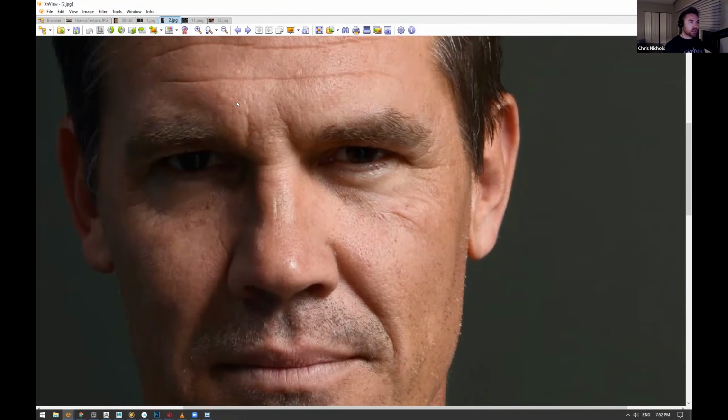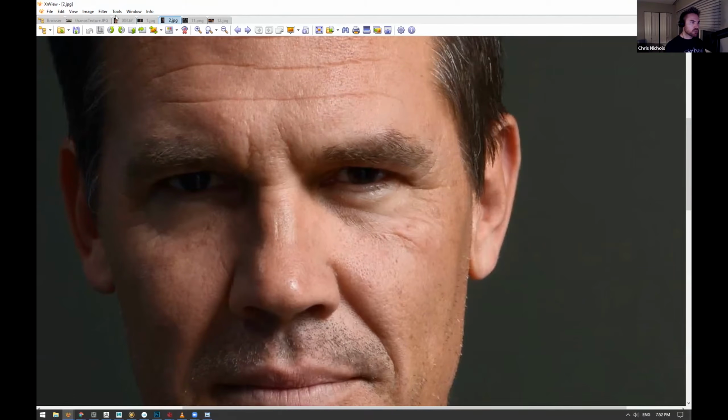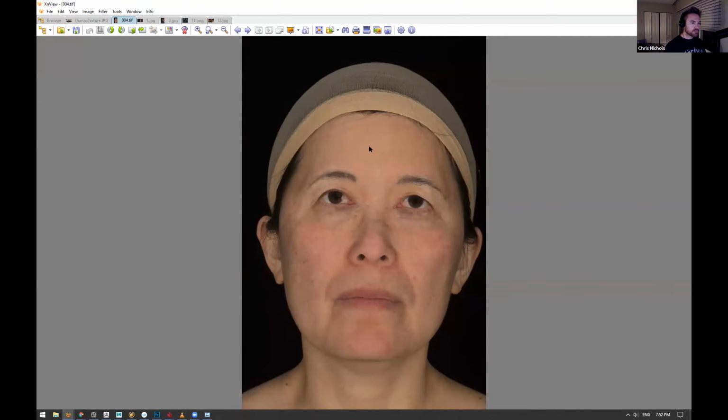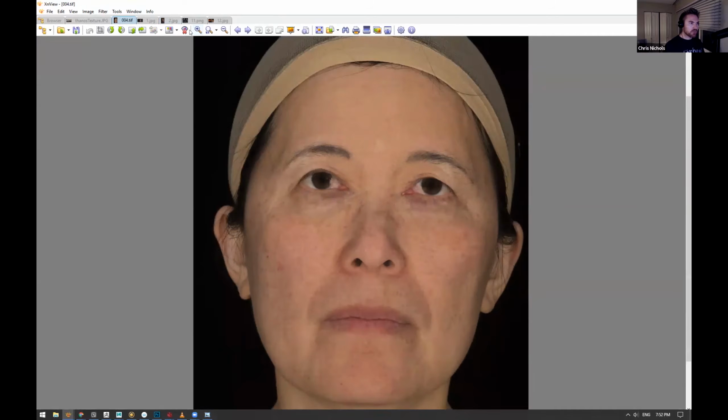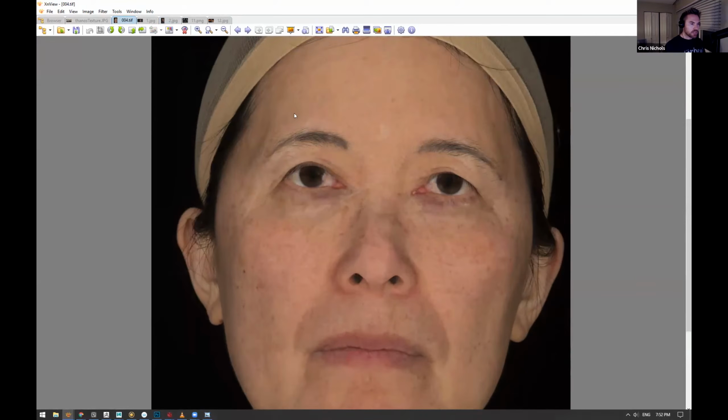So when I'm projecting my textures onto the face, what I like to do is I always start with a polarized image. This is a good example of that. For those that don't know what that term means, it's a photo that doesn't have any reflection in it. So you're really just dealing with diffuse information.